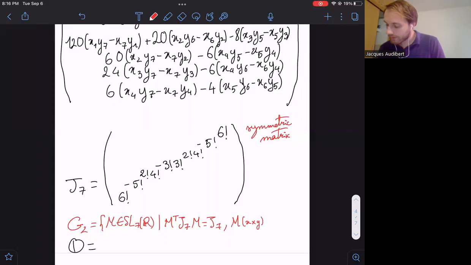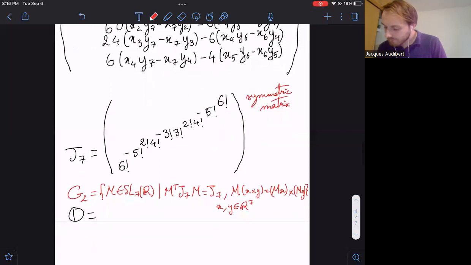So if I take x and y, two vectors in R^7, and I do the cross product and I multiply by m, then it's the same as multiplying m by x and doing the cross product with m y. Okay, so that's G2. And you can also recover the octonion algebra as a copy of R